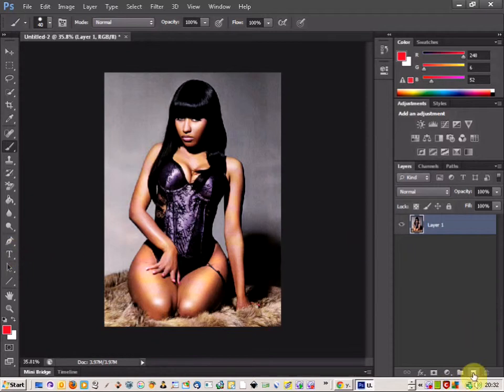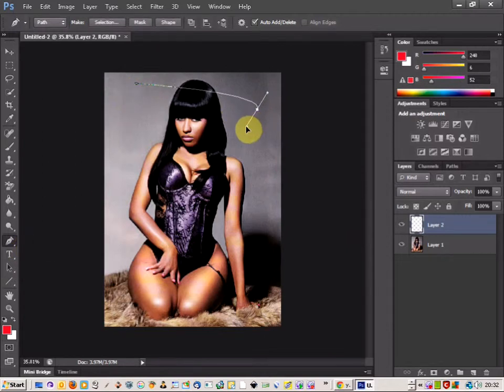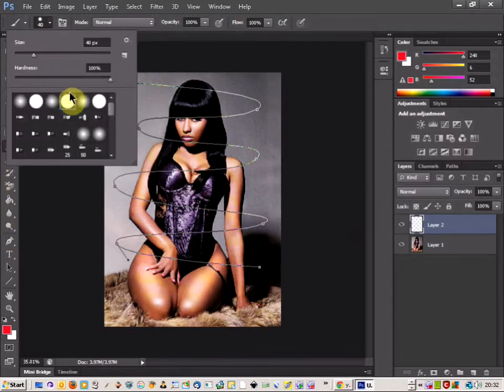So first of all, get a picture of somebody and select new layer, then click on your pen tool and just draw some nice curvy lines round the person. There we go. So the next thing you want to do is pick your brush and select brush size,